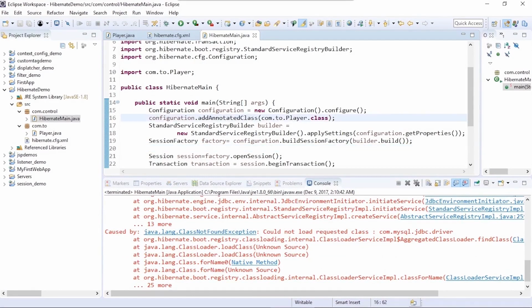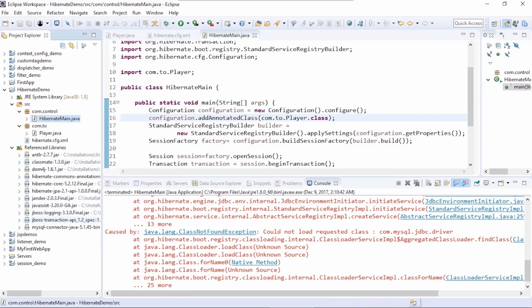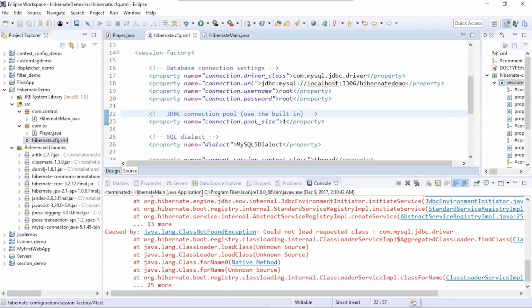Okay, so now all we need to do is attempt to execute it. So we'll just check the SQL connector is referenced. We'll go to our Hibernate config file and we'll just validate.